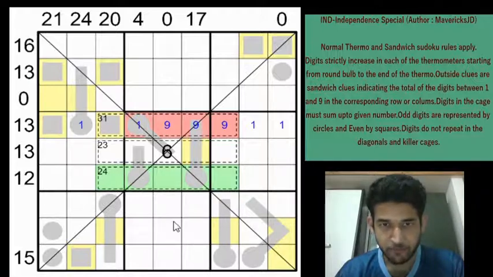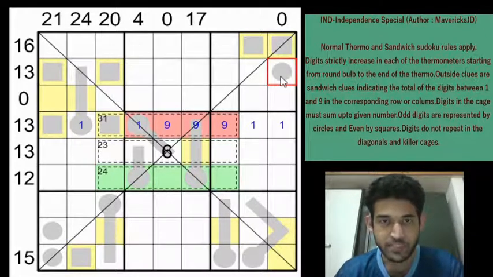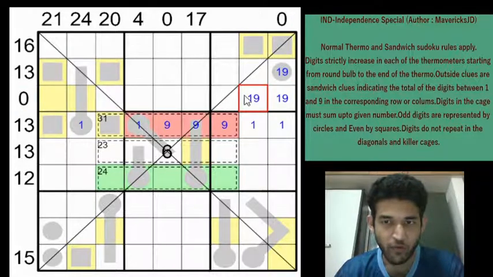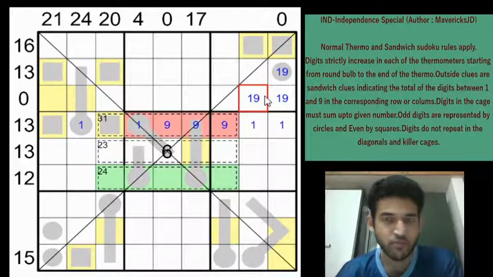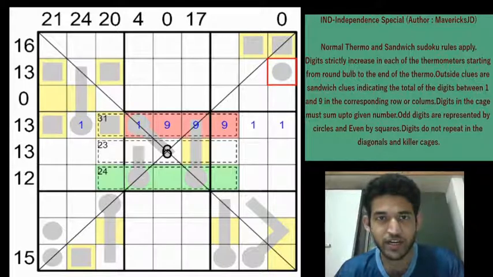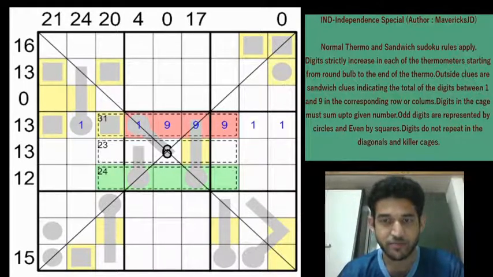Any more cells? Let's look at this gray circle. It can contain a 1 or a 9, but what happens if it contains a 1 or a 9? You immediately get a 1 or a 9 to satisfy this 0 clue, and for the 0 clue in the row, we look at the interaction of the column and the row clue, we again need to have 1 or a 9 here. Now we are having a scenario where we are having 1 9 in 3 cells. They can be present only in 2 cells. So this is a contradiction for us, which means that this cell cannot contain a 1 or a 9. That's great.